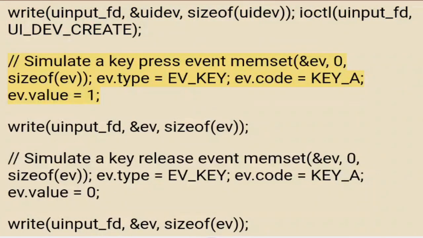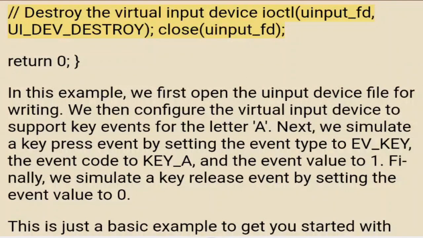// Simulate a key press event memset(&ev, 0, sizeof(ev)); ev.type = EV_KEY; ev.code = KEY_A; ev.value = 1; write(uinput_fd, &ev, sizeof(ev)); // Simulate a key release event memset(&ev, 0, sizeof(ev)); ev.type = EV_KEY; ev.code = KEY_A; ev.value = 0; write(uinput_fd, &ev, sizeof(ev)); // Destroy the virtual input device ioctl(uinput_fd, UI_DEV_DESTROY); close(uinput_fd);